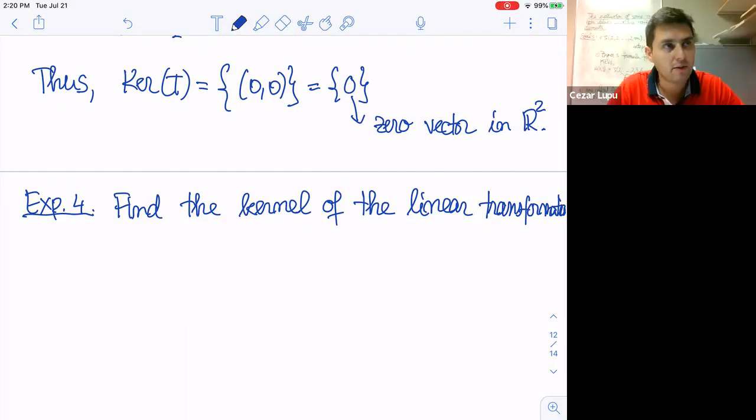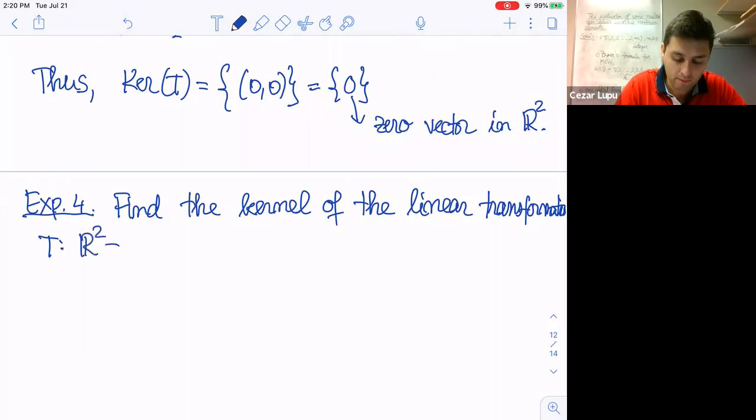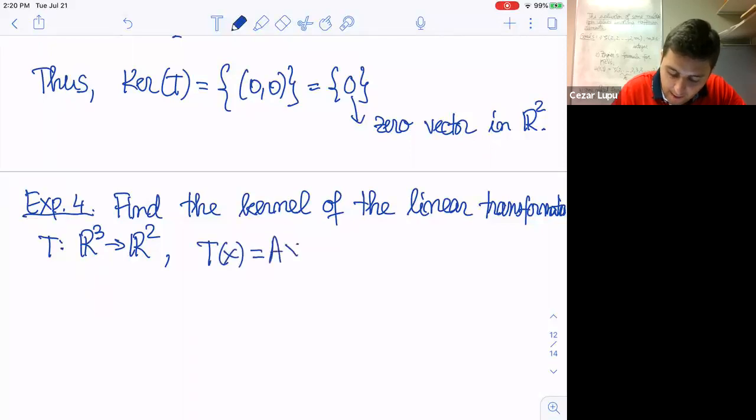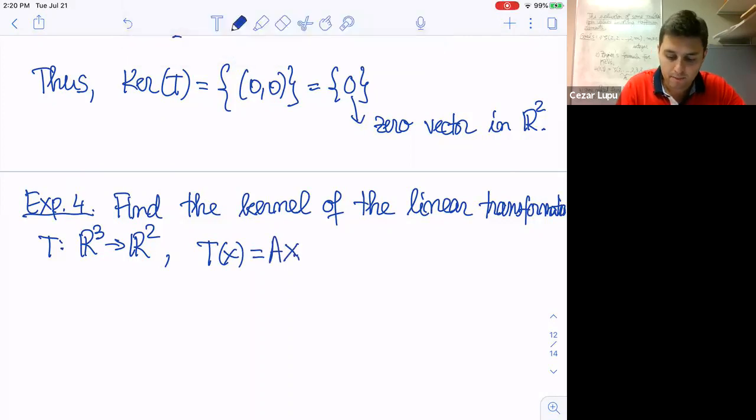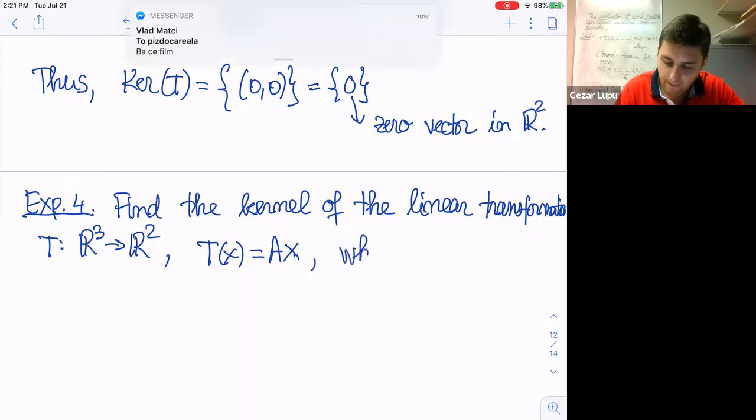For the kernel of the linear transformation, let's say T from R2 to R, no, let's take from R3 to R2. And this will be given by the following: T of X is AX, and we have seen that this is a linear transformation when we apply the matrix to a vector where my matrix,